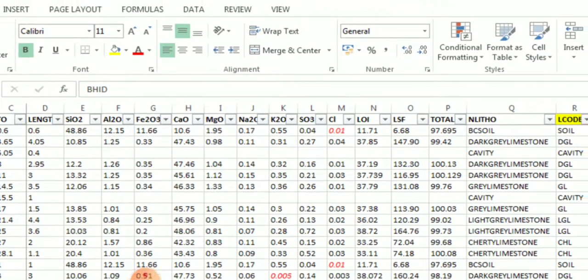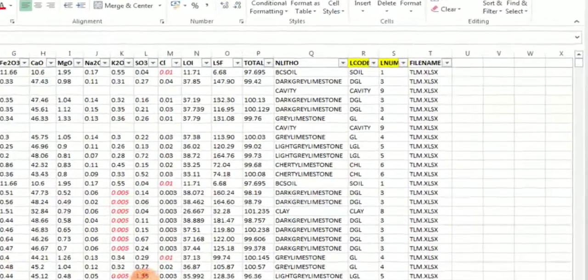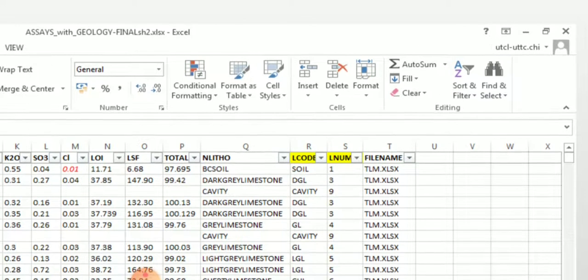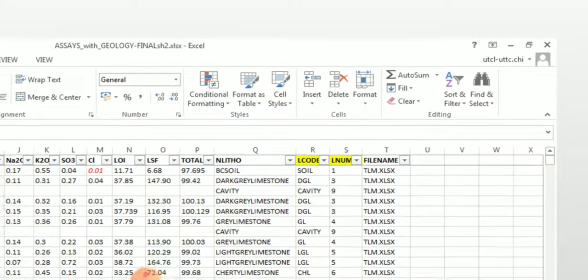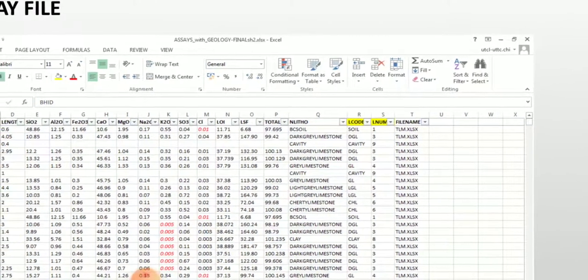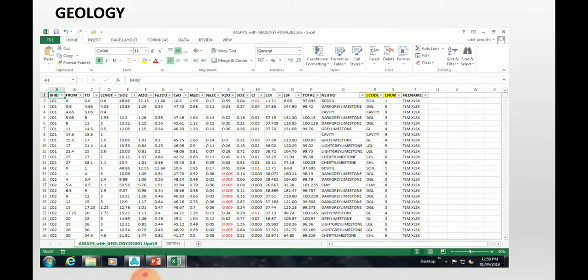These all are the radicals, and here is the same format for from, to, and L code is given like soil, DGL, cavity, DGL. L numeric gives the number of that lithology. That will be the litho file or geology file.